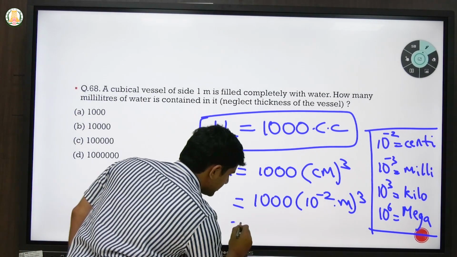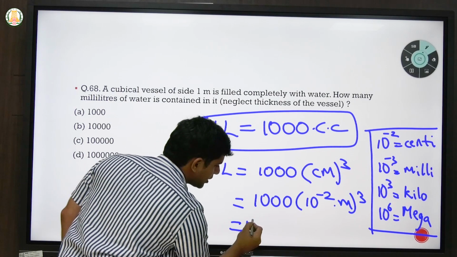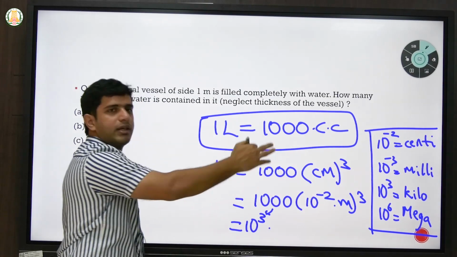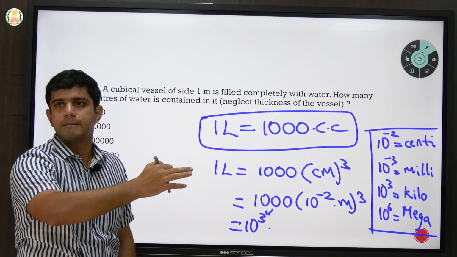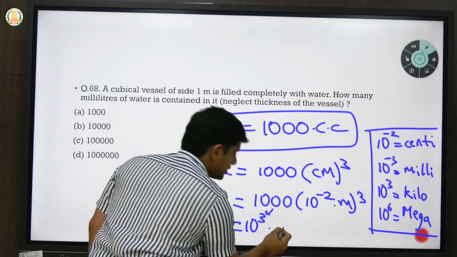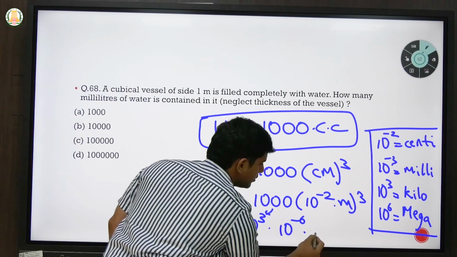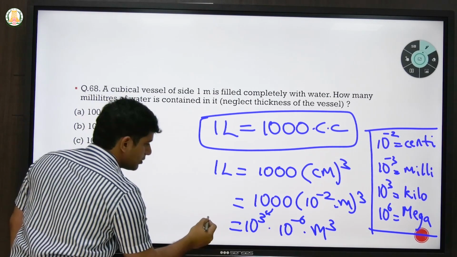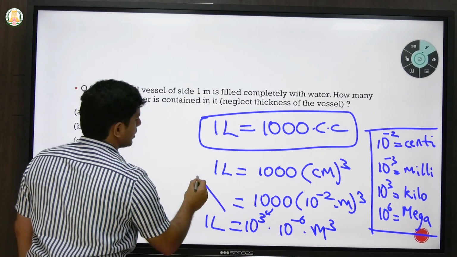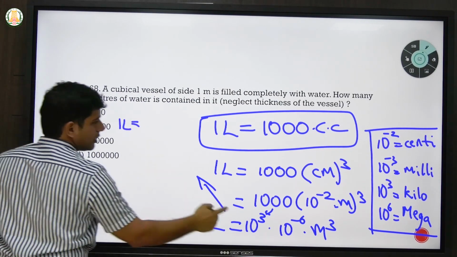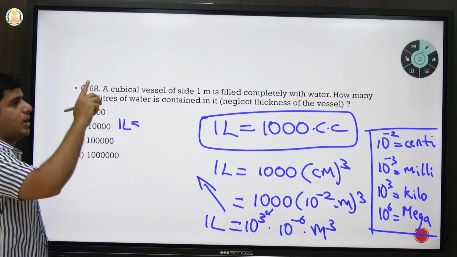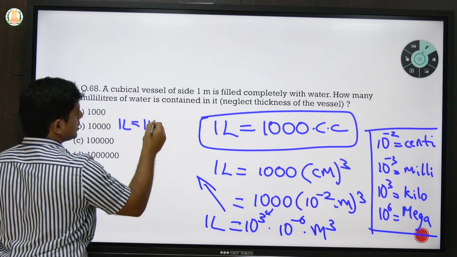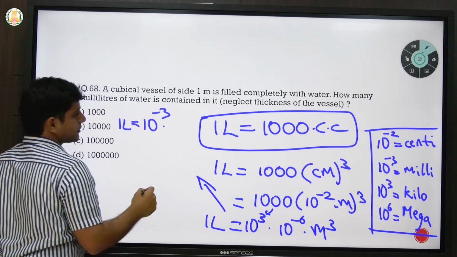Okay, so that means this 1000 you can write as 10 cube. Next, 10 power minus 2 whole power 3 is how much? Minus 6. So this is 10 power minus 6 into meter cube, because each of them you have to raise to the power of cube. This is equal to 1 liter. Now 10 power 3 into 10 power minus 6, you have to add the powers. So 3 minus 6 becomes 10 power minus 3. So this is 10 power minus 3 into